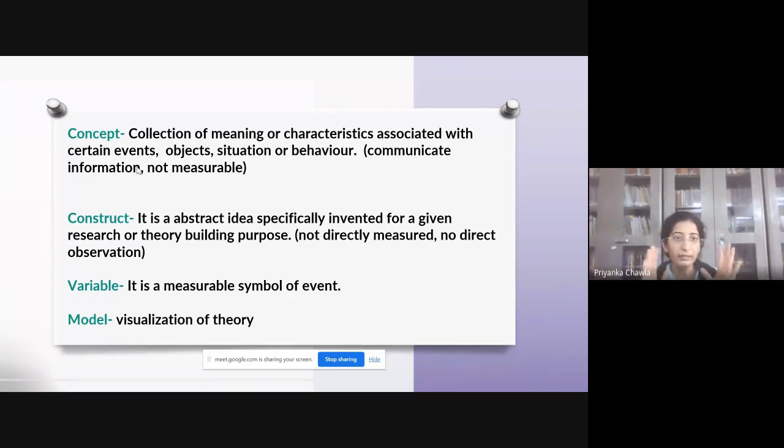A concept is generally a thing which we want to tell to others, but it is not measurable. In simple words, we can say it is a definition. A construct is an abstract idea. We can say that it is not directly measured. There is no direct observation, but based on some variables,